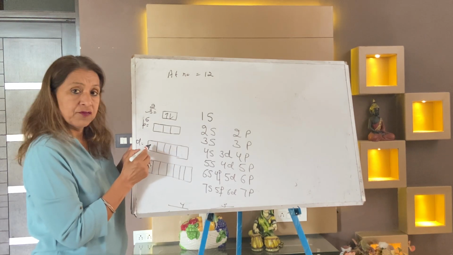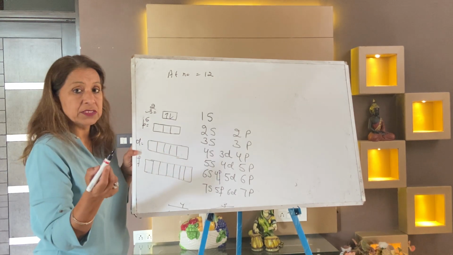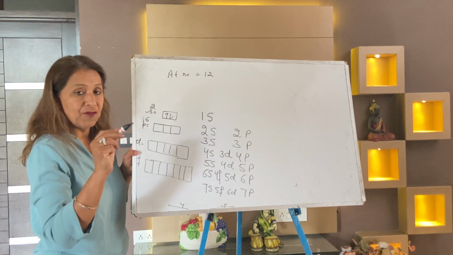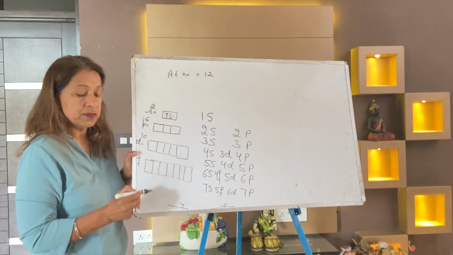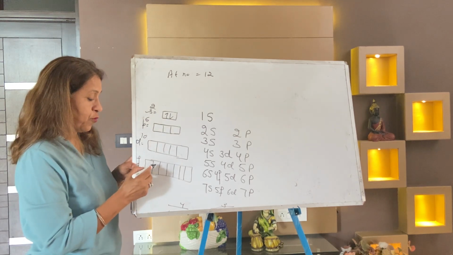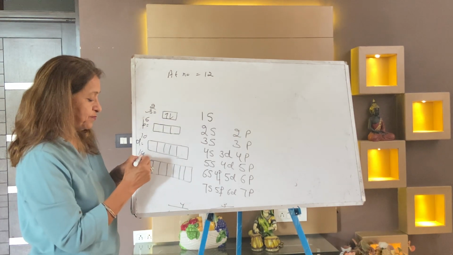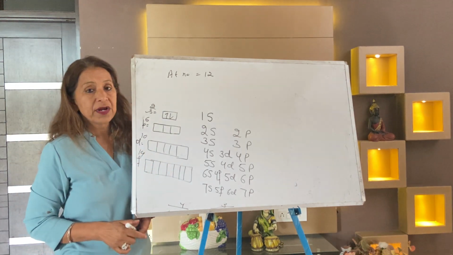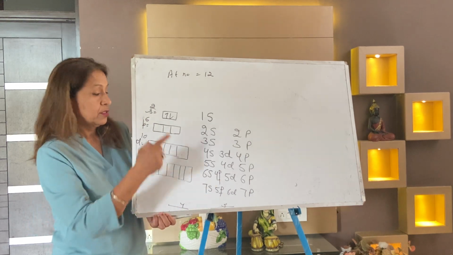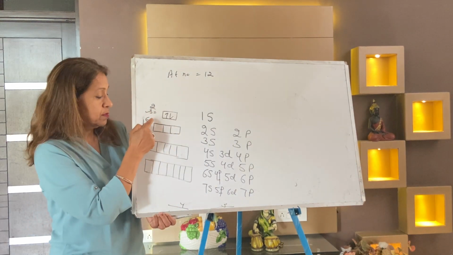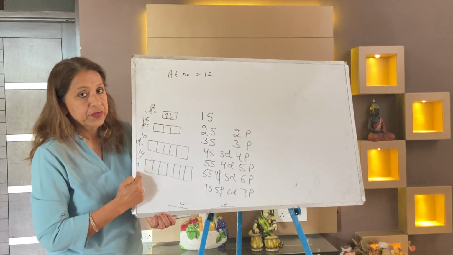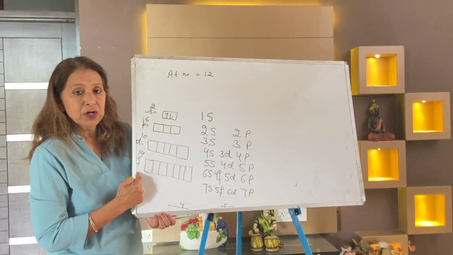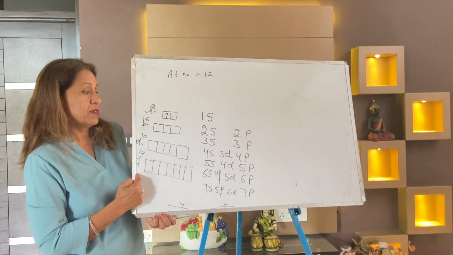D has 5 orbitals, 5 into 2 is 10, because the maximum capacity of electron filling in one orbital is just 2: 2, 4, 6, 8, 10. D is 10 always, not more than 10. F is 2, 4, 6, 8, 10, 12, 14. So my dear student, don't go beyond 2 in S, 6 in P, 10 in D and 14 in F. Remember, because Pauli said not more than 2 electrons in one orbital.